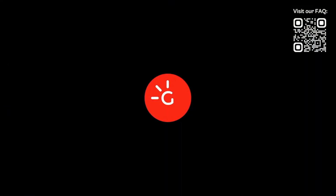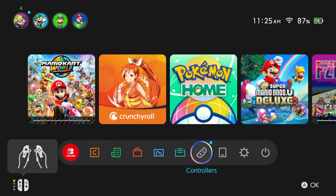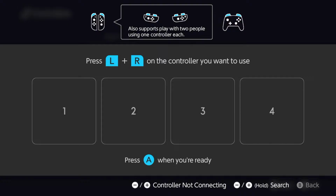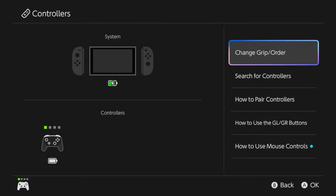All right. And I do not think it's connecting my capture card. That is bad. There we go. I think now it is. So we're gonna go ahead and check how to play controllers. So we're gonna go ahead and change grip and order. Let's go ahead and press the button. All right. So the little player count thingy right there where it says I'm number 1, that's on the top of the controller too, where the white area is and all that. So it's not at the bottom like it was for the Switch 1. So I'm going to go ahead and attach these Joy-Cons rightfully so. As you can see, it shows